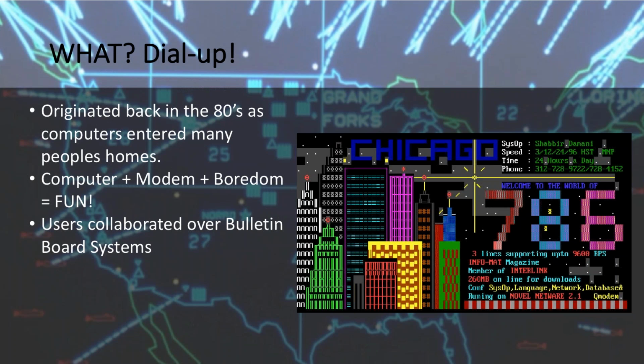Bulletin board system was also where everybody collaborated. So if you think of it as the first Facebook or the first LinkedIn or something of that nature, everything became more graphically enhanced in today's technology, but back then we used to use all of this old 8-bit ASCII, ANSI type characters. This is an 8-bit drawing that was used on a bulletin board system. And the cool thing is if you wanted to, these things are still alive to this day. The people that are really into this still run these even today.